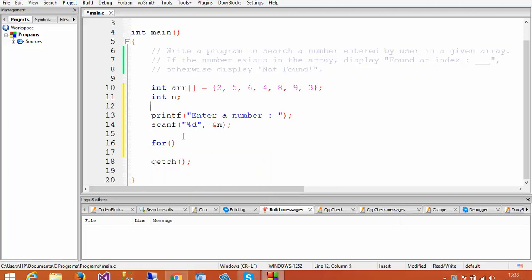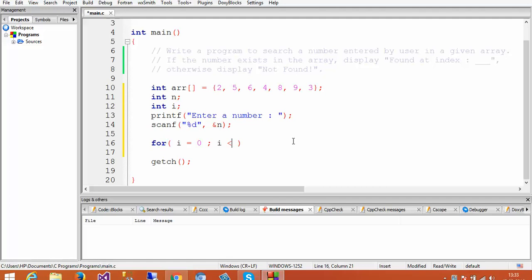and for the loop variable let us declare an integer i. We would start with the 0th index, so I am initializing the loop variable with 0, and the number of elements here is 1 2 3 4 5 6 7.